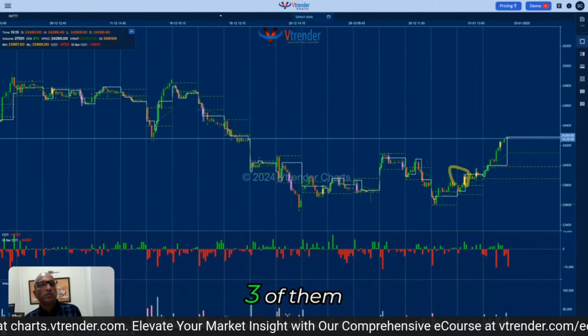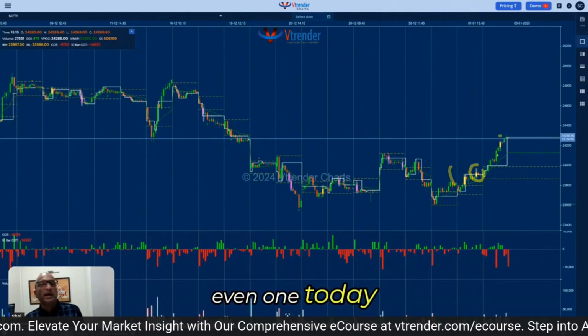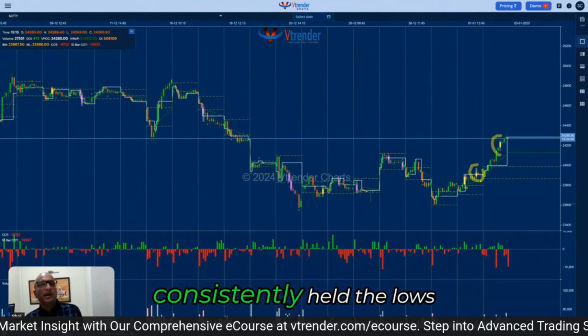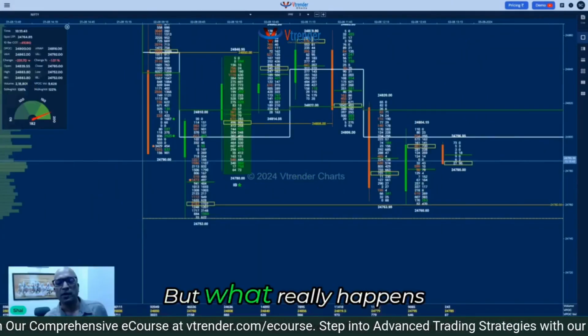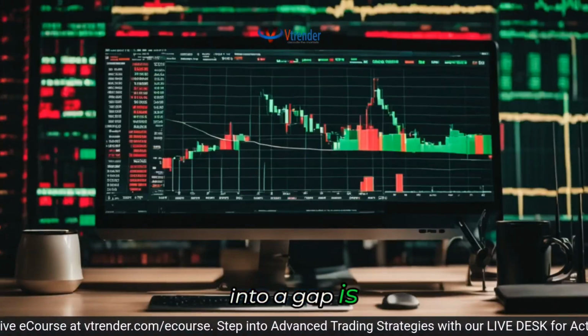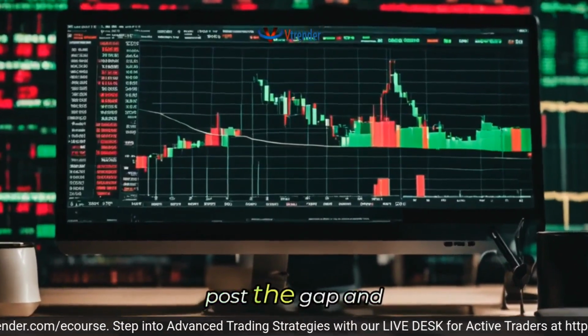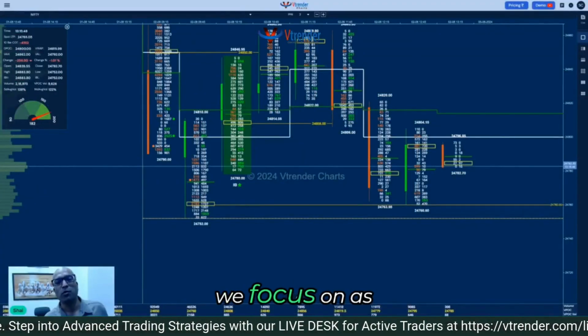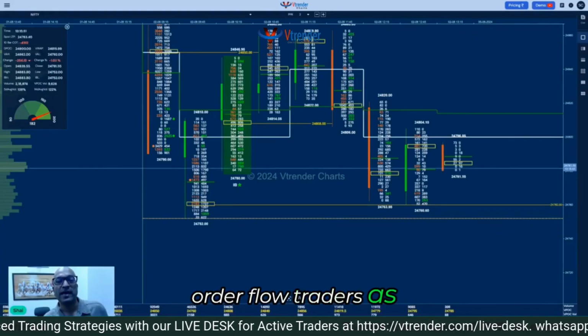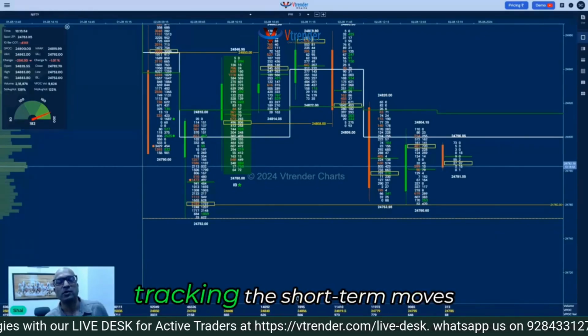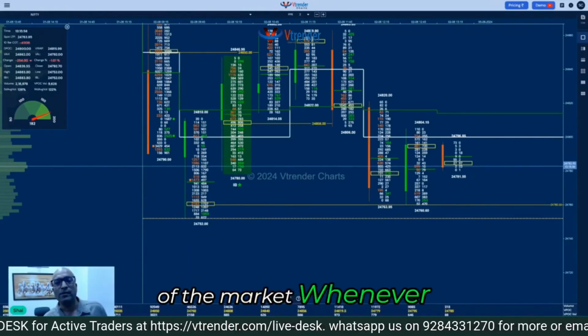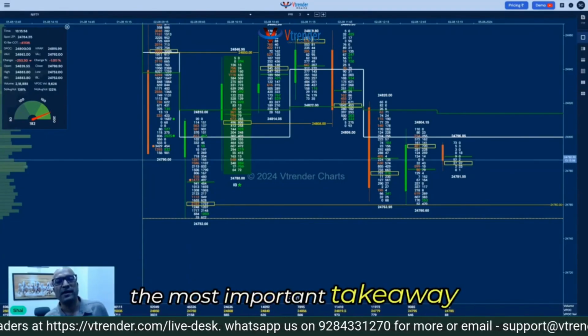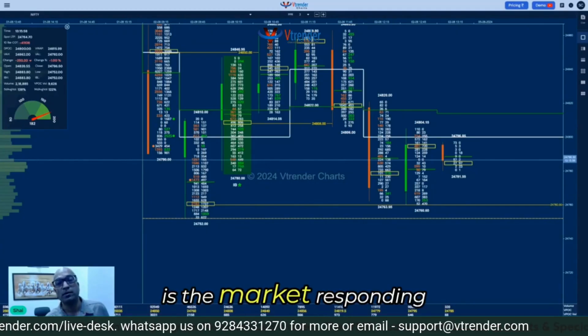And we got about 3 of them, even one today. And the market has consistently held the lows of those IB. But what really happens into a gap is what the market does post the gap. And that is what we focus on as order flow traders, as derivative traders who are tracking the short-term moves of the market. Whenever we see a gap, the most important takeaway for us is how is the market responding